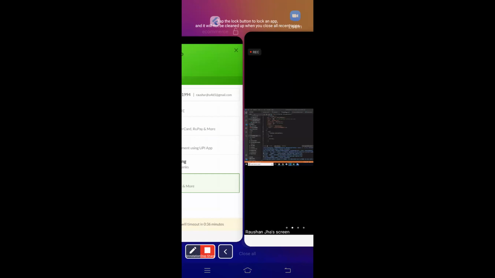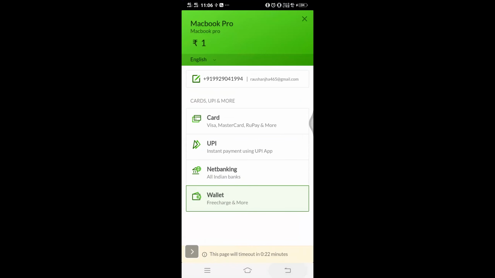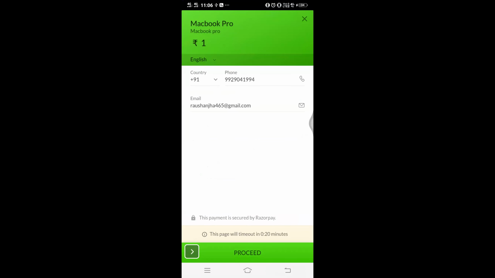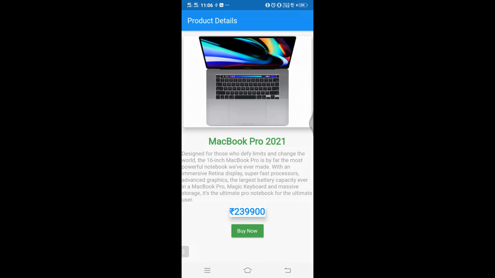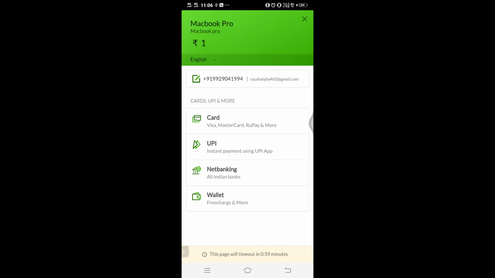Can you see my screen now? Yes, Roshan. So if I click on buy now, you can see the product name, product description, mobile number, and email ID that I have passed in the options variable.